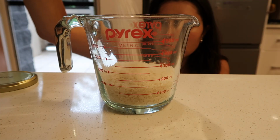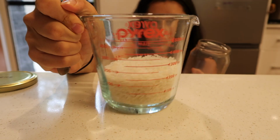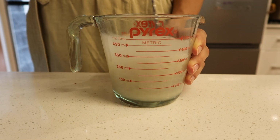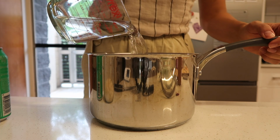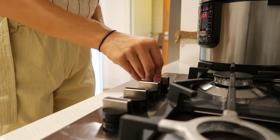Then we're just going to prepare the rice. So I am going to do 1 cup of jasmine rice. I like to make sure that I give it a really good wash, so I just add in some water, I give it a few mixes, and just pass it through a little colander. But once your rice is nice and rinsed out and like clear water running off it, pop that into a pot with 1.5 cups of water, a good pinch of salt,